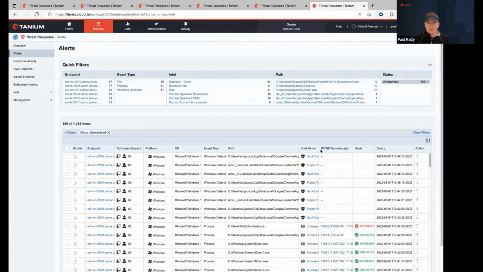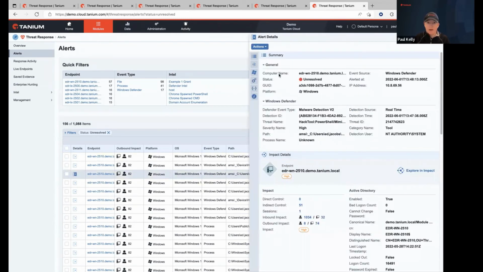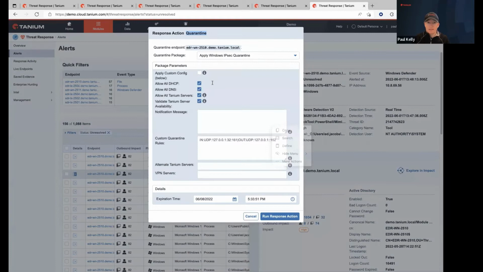And that just takes us back here. So we saw this alert here for the Mimikatz right there. That's the one that we were working on. And if you click on, again, bringing it just right back home to the details under actions, boom, we can quarantine it. So we've done the snapshots, but things that you can do with quarantine,